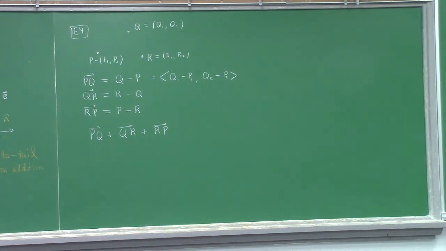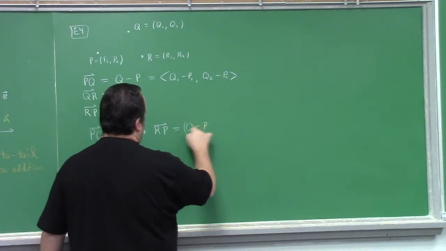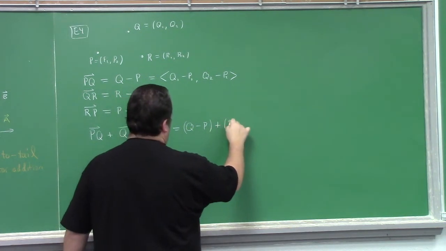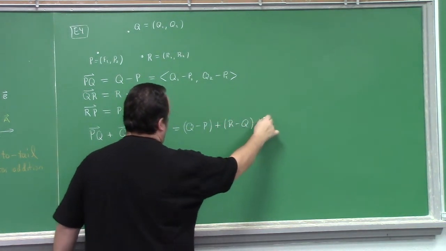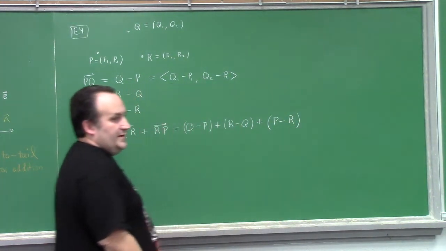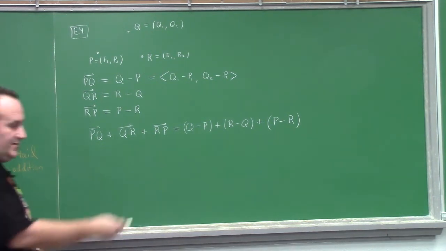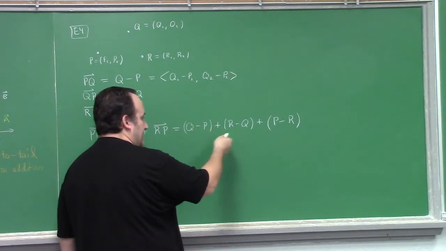Well, I can write it in terms of just the point notation. It's Q minus P, plus R minus Q, plus P minus R, right? And yes, I could get into the 1 and 2 component stuff if I wanted to, but that doesn't really help with this example. We'd be writing it for the next three minutes and we wouldn't add anything. The point is that you can do calculations like this, and if you do,